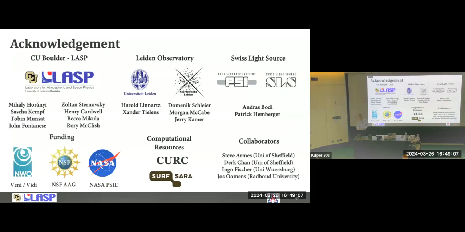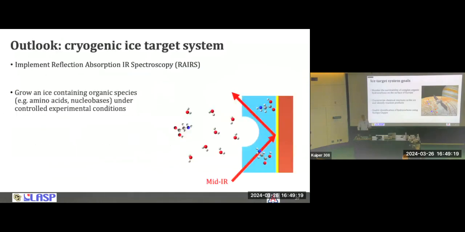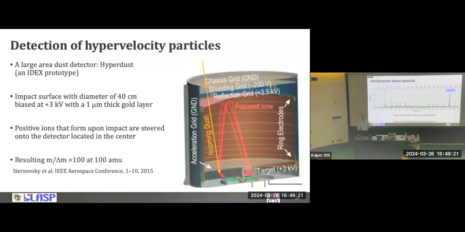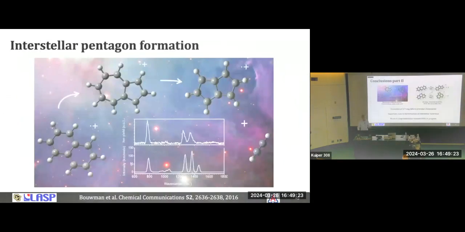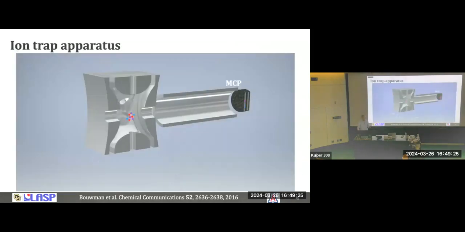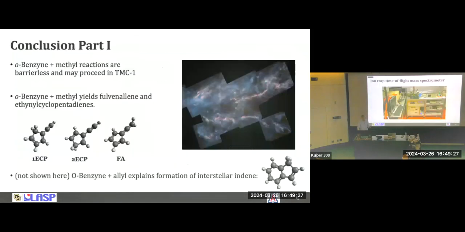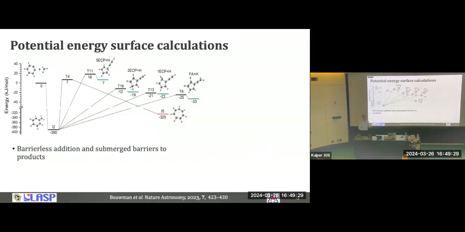My question is related to your transition state calculation. Is it really barrierless, the reaction between orthobenzene and the methyl, checking carefully for how the charge densities are getting reorganized and things like that? Yeah, so this entrance channel, is that what you're worried about? Yeah, the transition state, how accurate is that in your calculations? Yeah, so